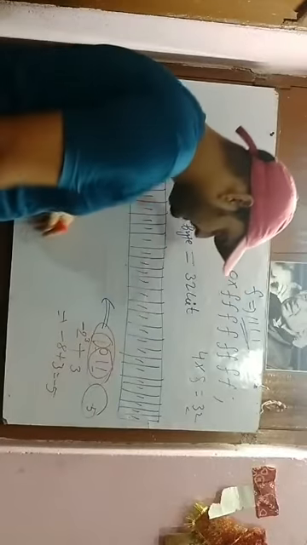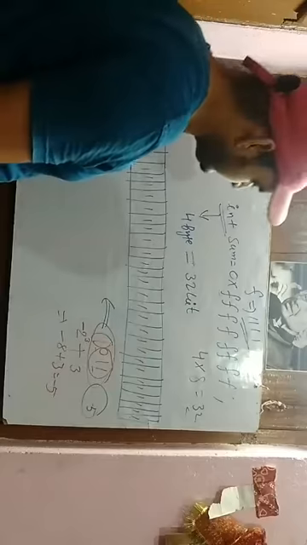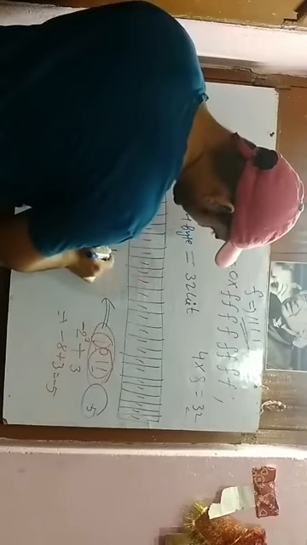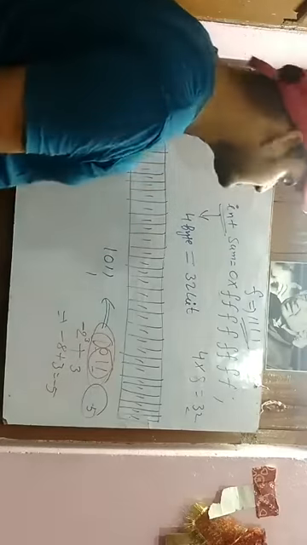If some of you are not getting how it is minus 5, you just take the 2's complement of this and you will get the answer. So if I take the 2's complement of this, it will be like this. The number is 1011. Take the 2's complement. How is 2's complement taken?